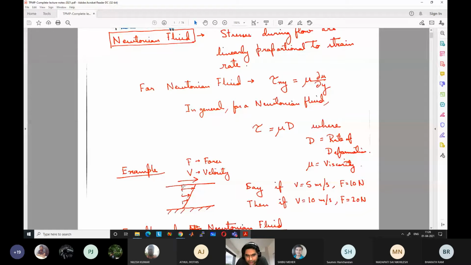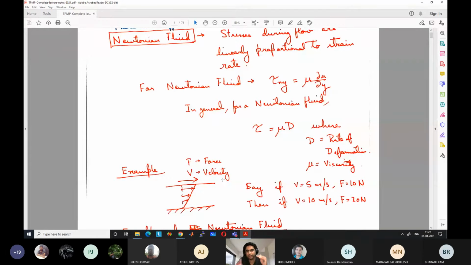Now, because the velocity is changing, one layer of fluid has a different velocity as compared to its adjacent layer of fluid. Because the two layers have different velocities, there is a resistance for the flow to occur, because one layer has to move faster as compared to the other layer. It needs to overcome some resistance for it to happen. As a result, some stress is developed and you need to apply some force so that this movement is possible. Say we apply a force equal to F so that the fluid can move and the plate can move with a velocity V.